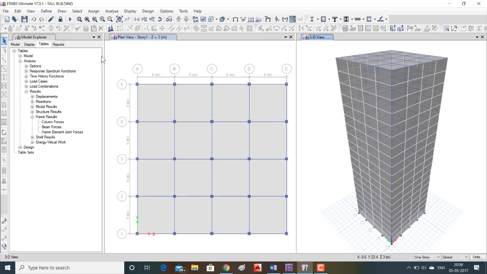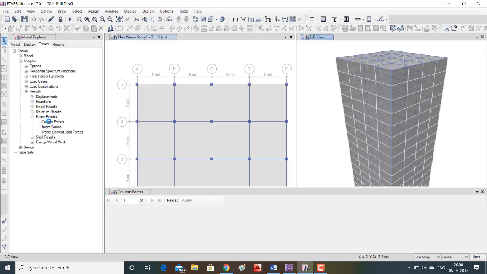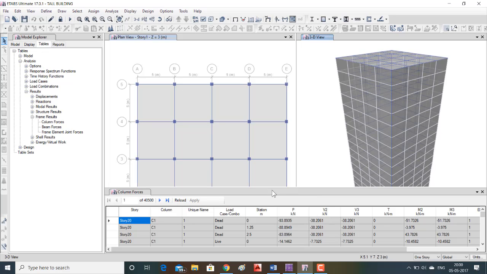axial forces. Go to Model Explorer table, go to Analysis and Results. From there, column forces. Click on column forces. The table will appear. Let me extend the table.